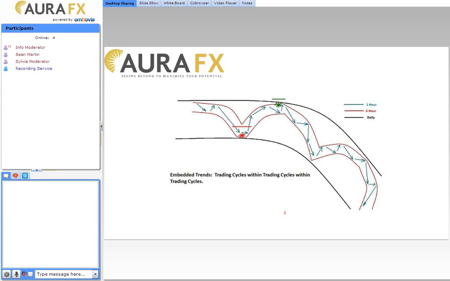But if you want to be in it for the long haul, we have to learn to trade with the direction of the trend and to take advantage of that momentum. And that's exactly the kind of thing that we're seeing here. Now, it doesn't matter what time frames we're using.